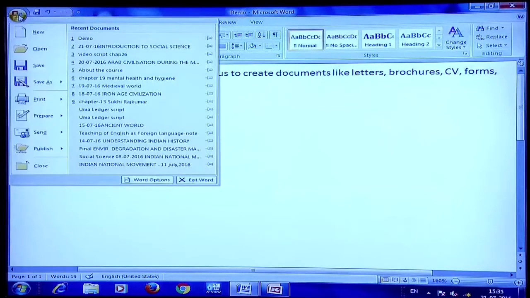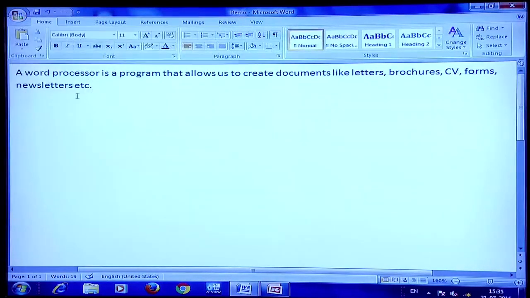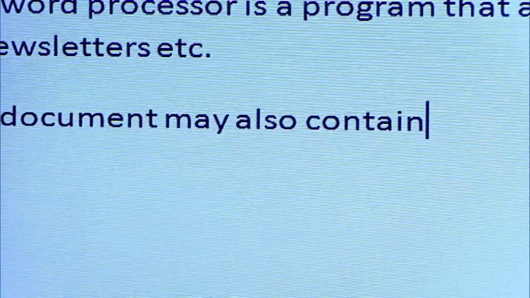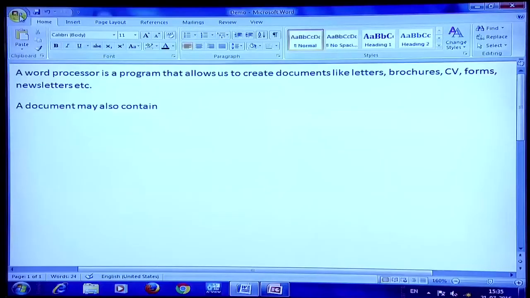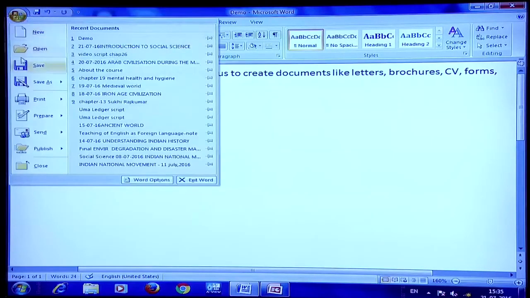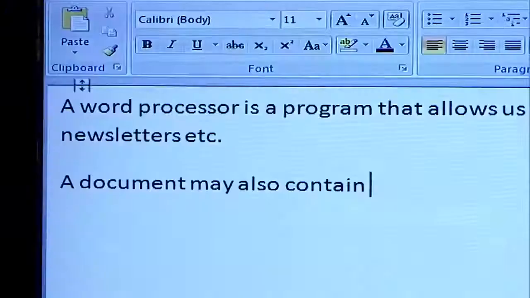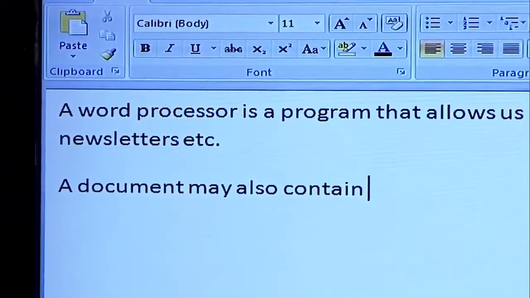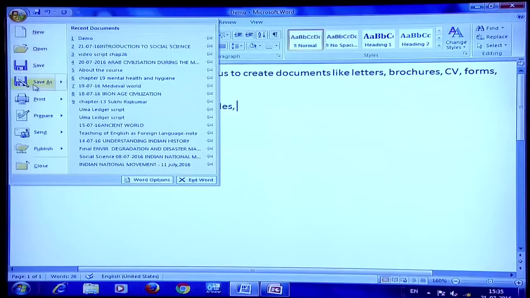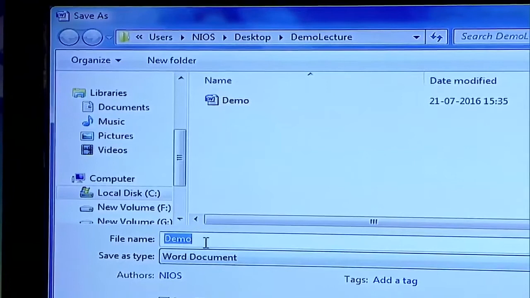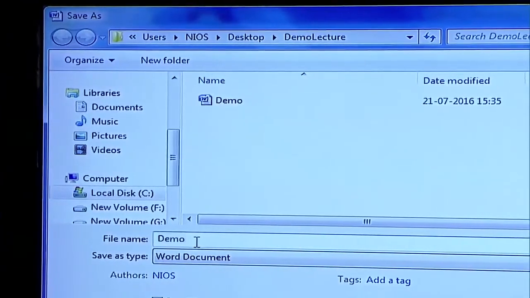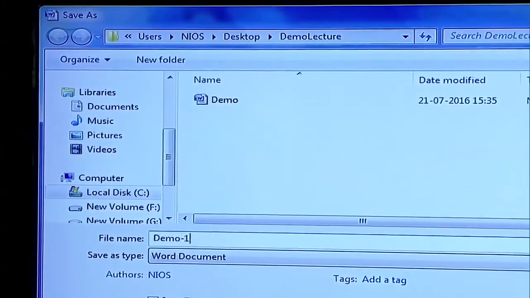Now, if I save this document, again this will be saved. Suppose I make some changes in this. Now, if I save it, then I can save it from here, save, or I can save it from here. If I save it, again the document will be saved. Now, let me make some more changes. Now, if I click at save as, it will ask me for the document name again. Now, I can save this with a new name, let me say demo 1.